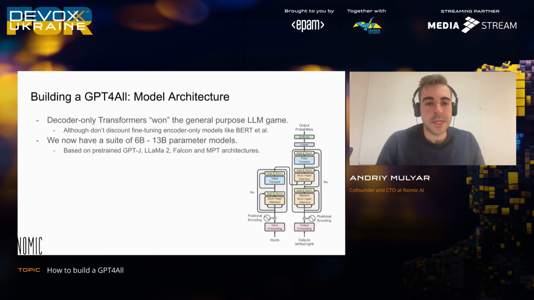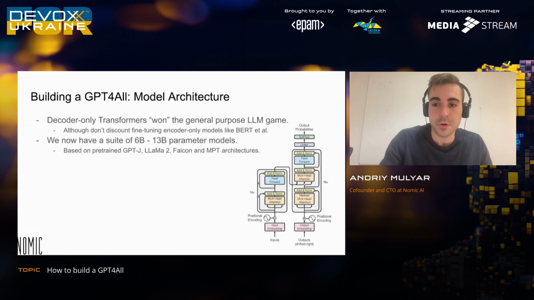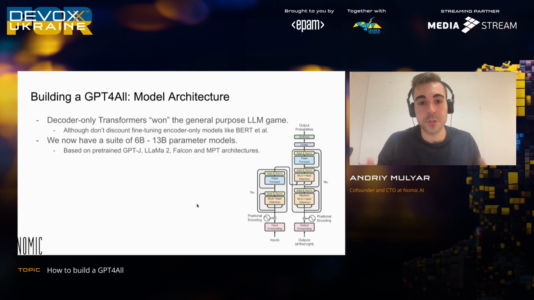The first one is you want to stick with a decoder-only transformer. They've pretty much won the general-purpose large language modeling game. So the decoder part of the transformer. This is the entire transformer architecture right here. The decoder part is this block right here on the right. GPT-2 was the first large decoder-only transformer that was proven to be hyper effective in the tasks that it could do.